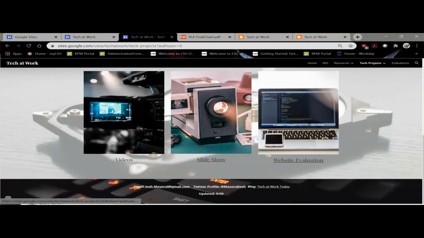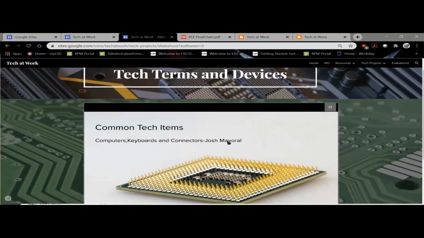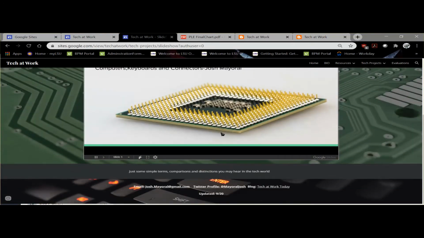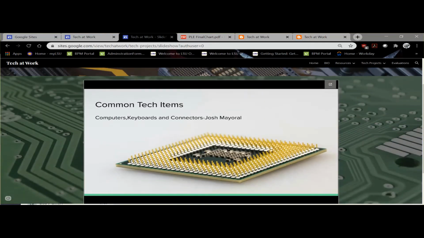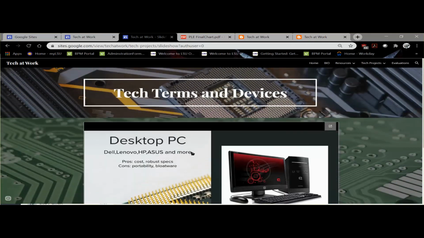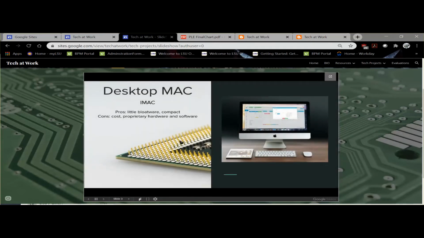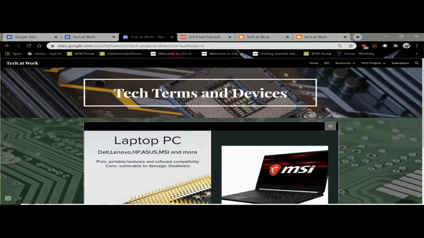So the slideshow was a good experience too. I've never really used Google Slides before, but it was pretty straightforward, pretty simple to use, and it automatically plays on your website, and so it was good practice to build a slideshow, clean it up, make it look nice, and then embed it into the website and just sort of get an idea of how to do all that so that the information is relevant and the presentation is nice.